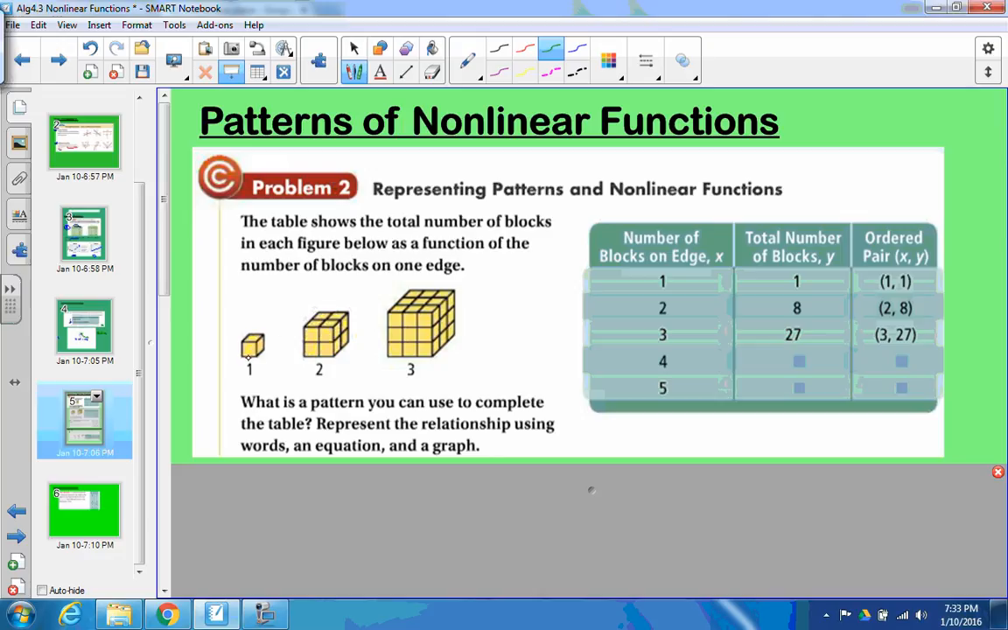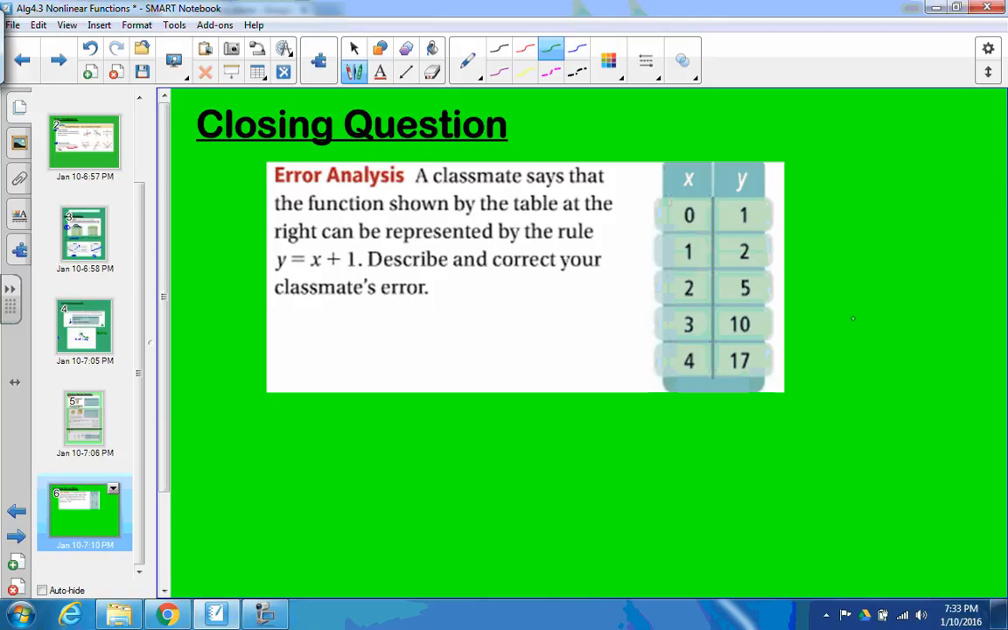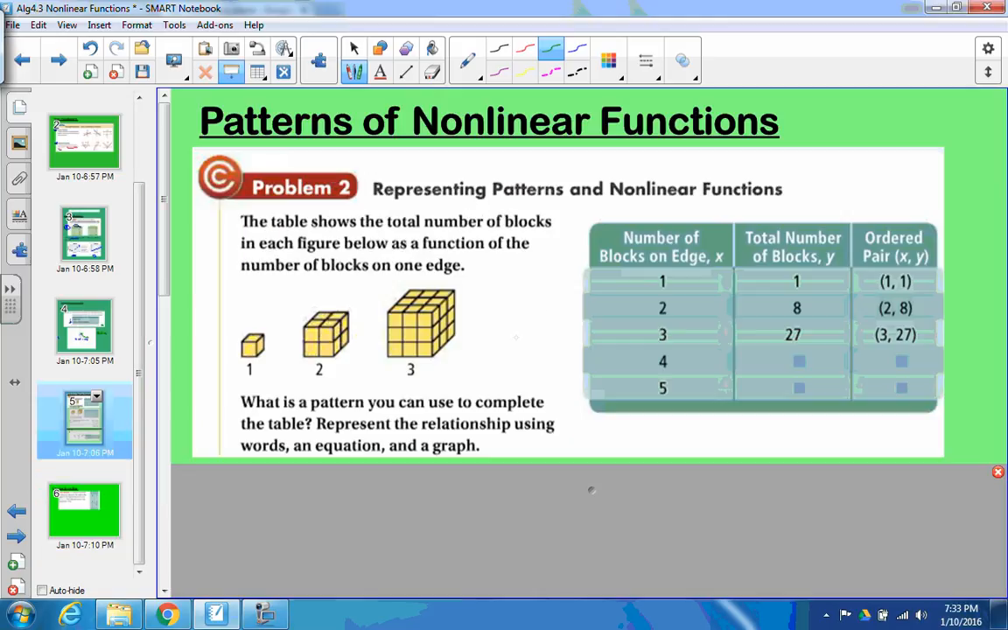1 block, and the side length would be 1. So then it's also written as an ordered pair over here. Number of blocks on the edge, so we have 2 blocks on the edge, and we have 1, 2, 3, 4, 1, 2, 3, 4, and then 4 on the bottom, so it would be 8 blocks total. For 3 blocks on one edge, it looks like there's 3, 9, 27 total. Now you can keep drawing this and draw it so that you have 4 blocks on the edge, but